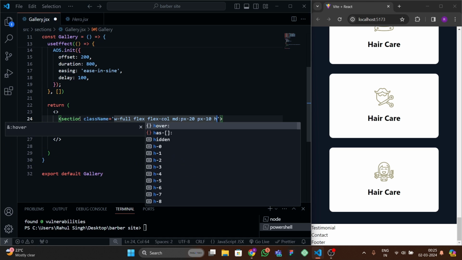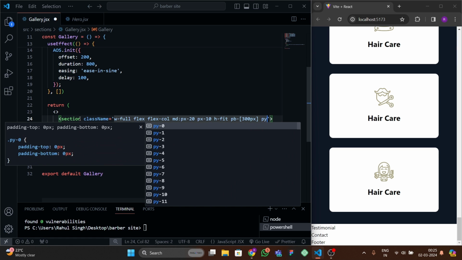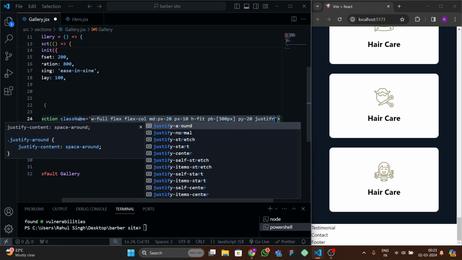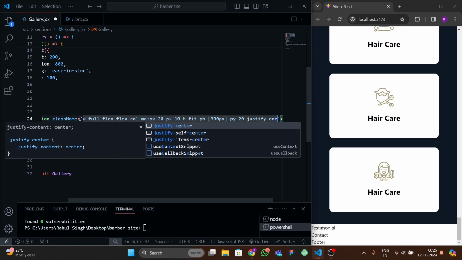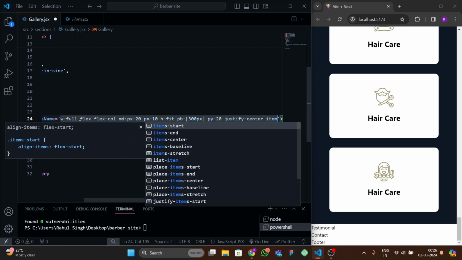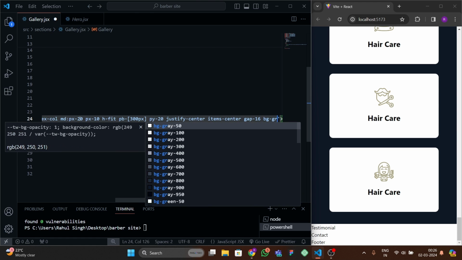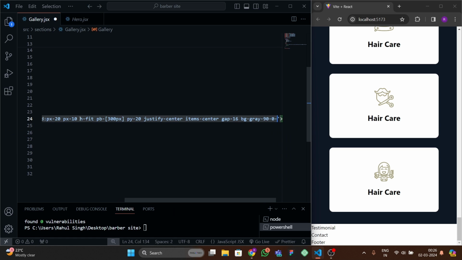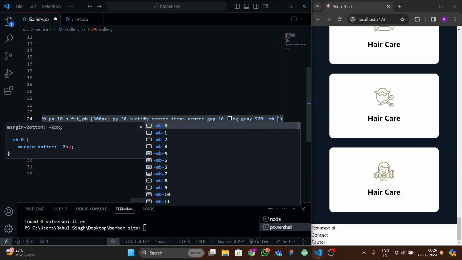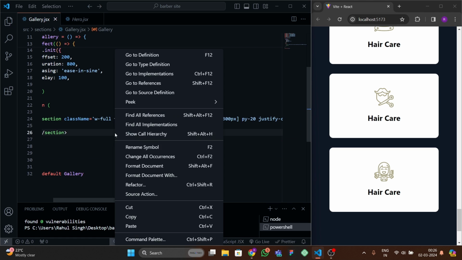MDPX20 PX10, height width PB minus 100 pixel PY20, justify center, item center gap of 16, BG gray 900, and minus MB minus value 200 pixel. Okay, so